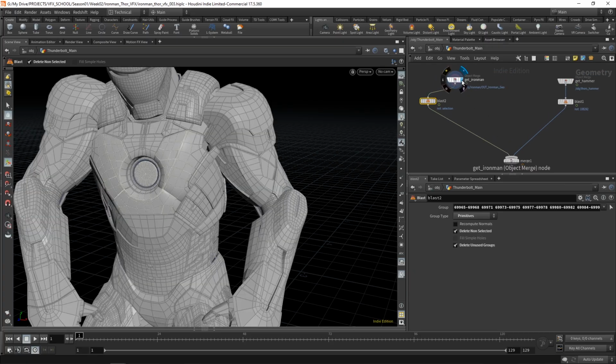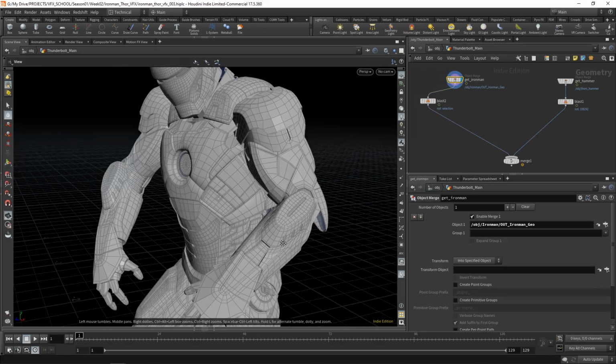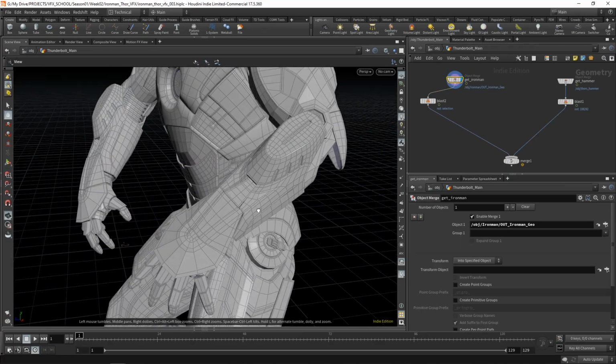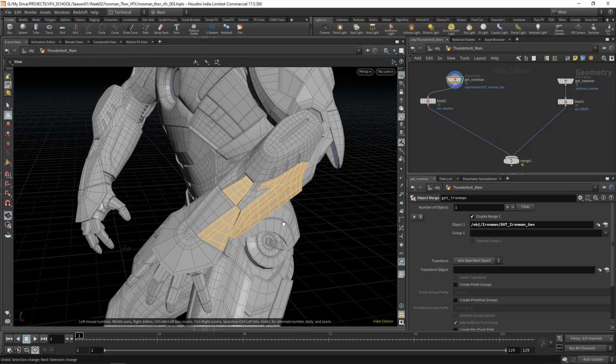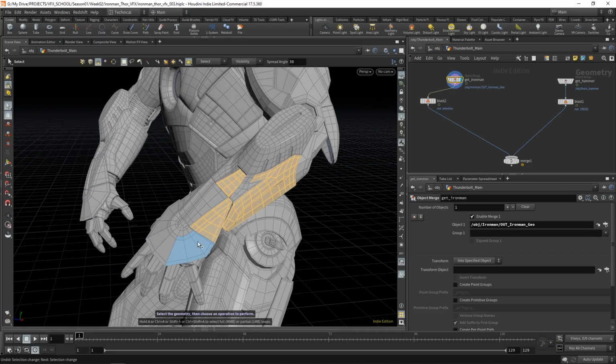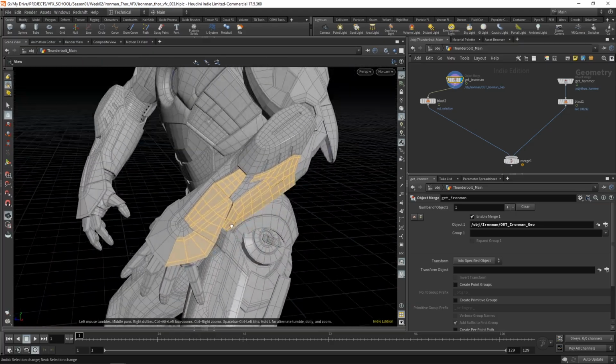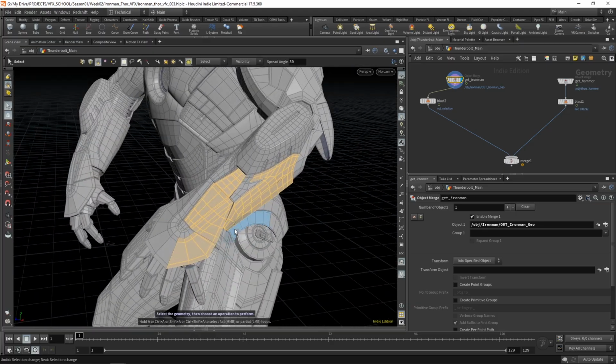Now let's establish a second target zone here on the arm. We'll do the same thing, so S, make sure we're in primitives, the angle, spread angle, and let's select something like this, and maybe a bit here, maybe not there, but here, and here, here, something like this. Okay, I think this is enough. Hit delete,